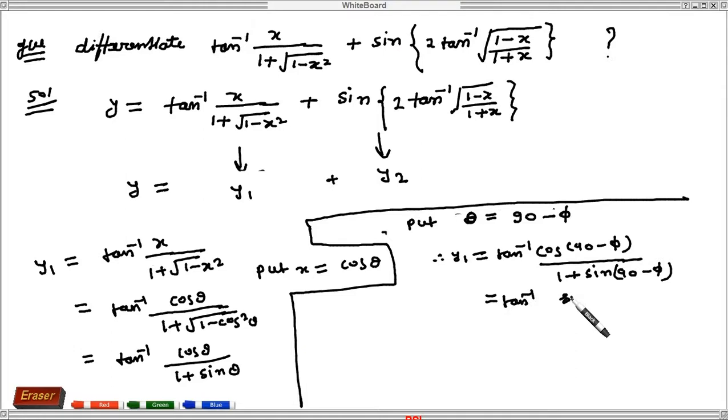So that will be sine phi and this will be 1 plus cos phi. Now when the above term is sine, then the below term is cos. When cos is below, then 1 can be removed very easily, because we can write 1 plus cos phi as 2 cos square phi by 2 minus 1 plus 1. So that minus 1 and plus 1 will be cancelled, and similarly sine phi can be written as 2 sine phi by 2 into cos phi by 2.